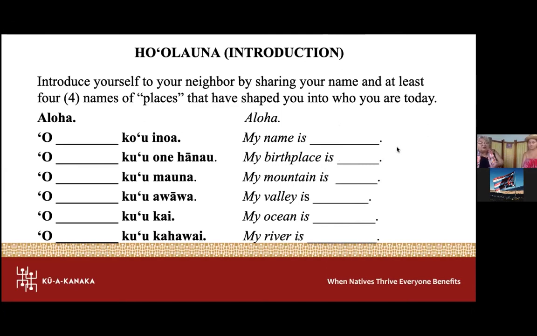Same thing with how I introduced myself earlier, allowing me to share where I come from makes my relation to the land something that's relevant to me, right? If I don't know what my mountain is, that means I have no relation with the mountain, right? If I can tell you my mountain is Kilauea or my mountain is Mauna Kea, whatever it is, that shows that I have a relation. If I had to explain my relation, I certainly could, right?